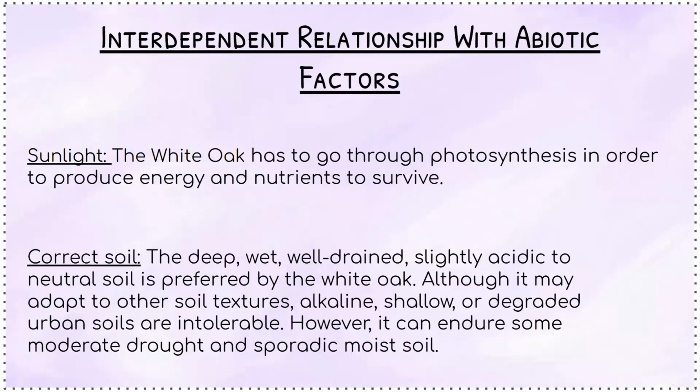Interdependent relationships with abiotic factors: sunlight is one, and correct soil. For sunlight, the white oak has to go through photosynthesis in order to produce energy and nutrients to survive. For correct soil, deep, wet, well-drained, slightly acid to neutral soil is preferred by the white oak. Although it may adapt to other soil textures,